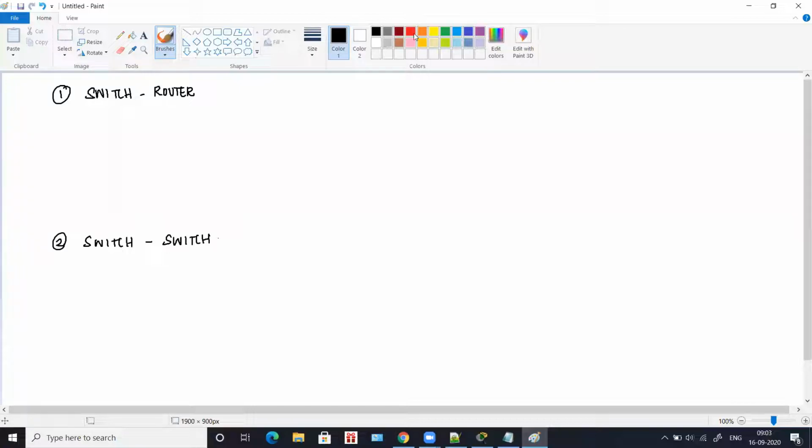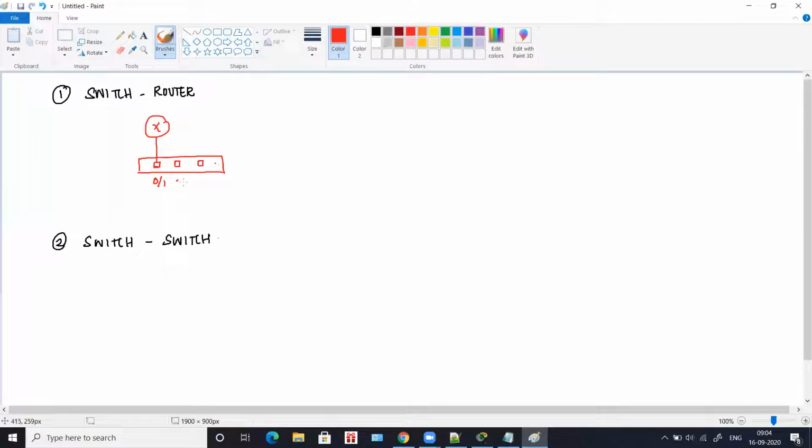What they recommend is, in case you're going to connect a router to a switch, you will connect it in port 0/1. You'll have 0/2, 0/3, up to 24.